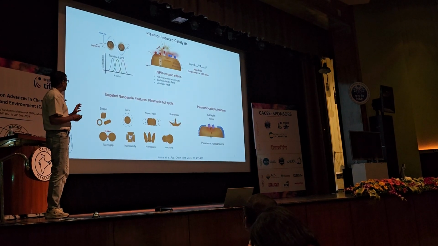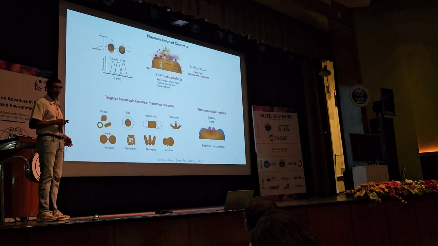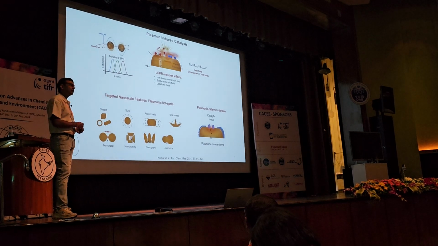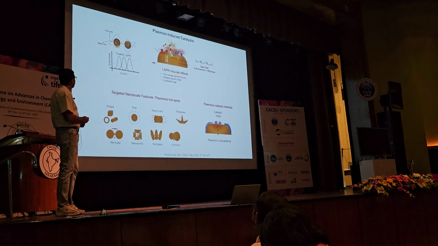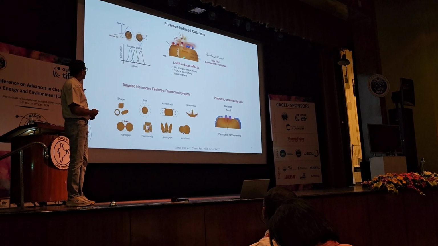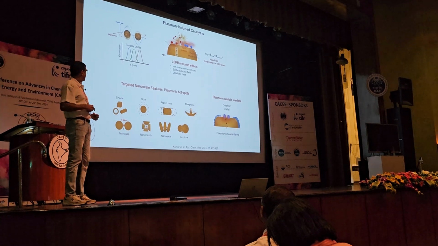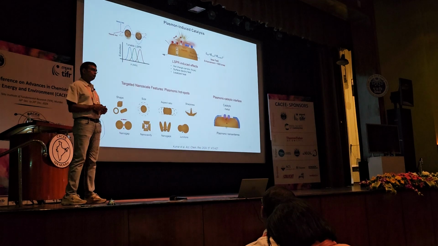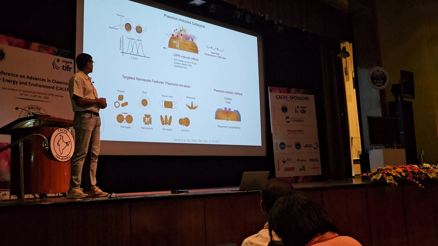Plasmon-induced catalysis, a little basics. Actually, I will not go into details so much. Professor Vivek is already contributing a lot in this field. As you know, certain metals like gold, silver, copper, if you synthesize them at nanoscale size, have a very unique effect called localized surface plasmon resonance. Due to that, you can concentrate the electromagnetic field, or in other words light, very efficiently on the nanoparticle surface. And that gives the opportunity to perform reactions on the nanoparticle surface by unique pathways.